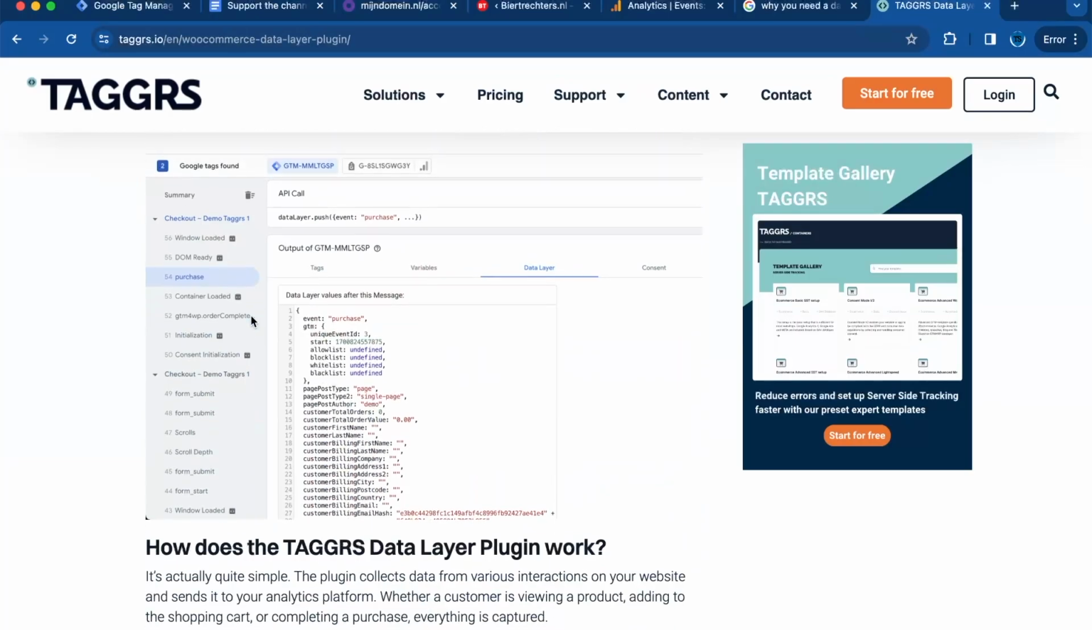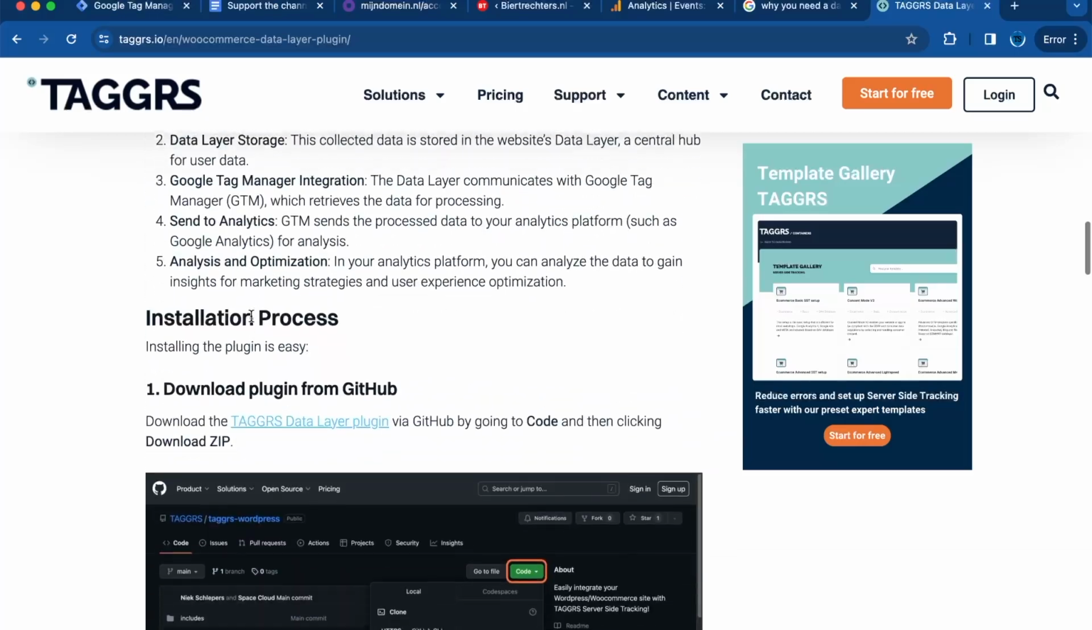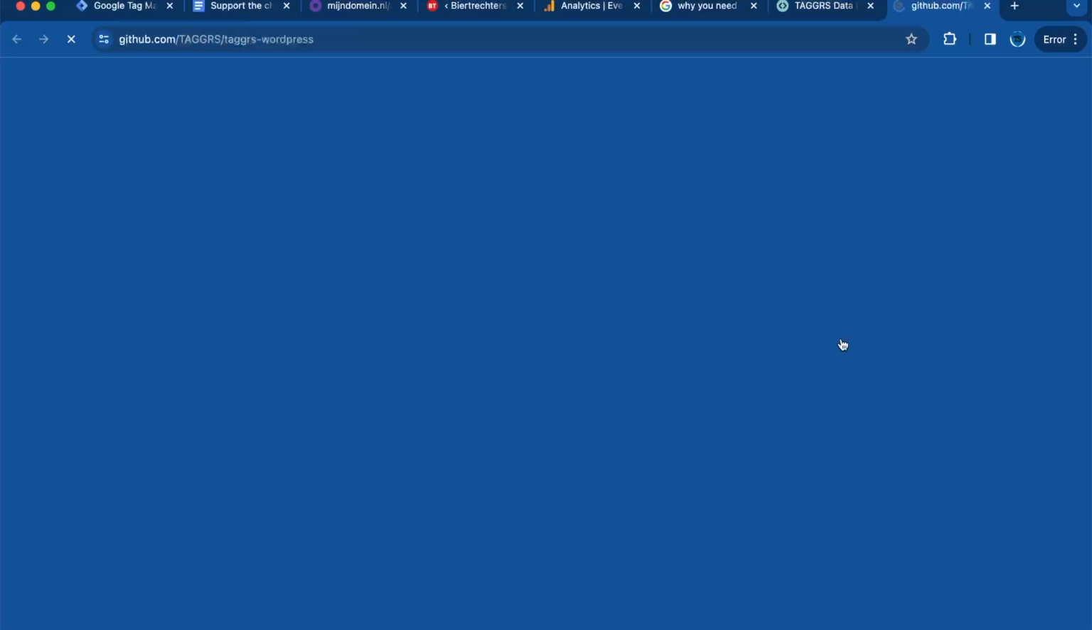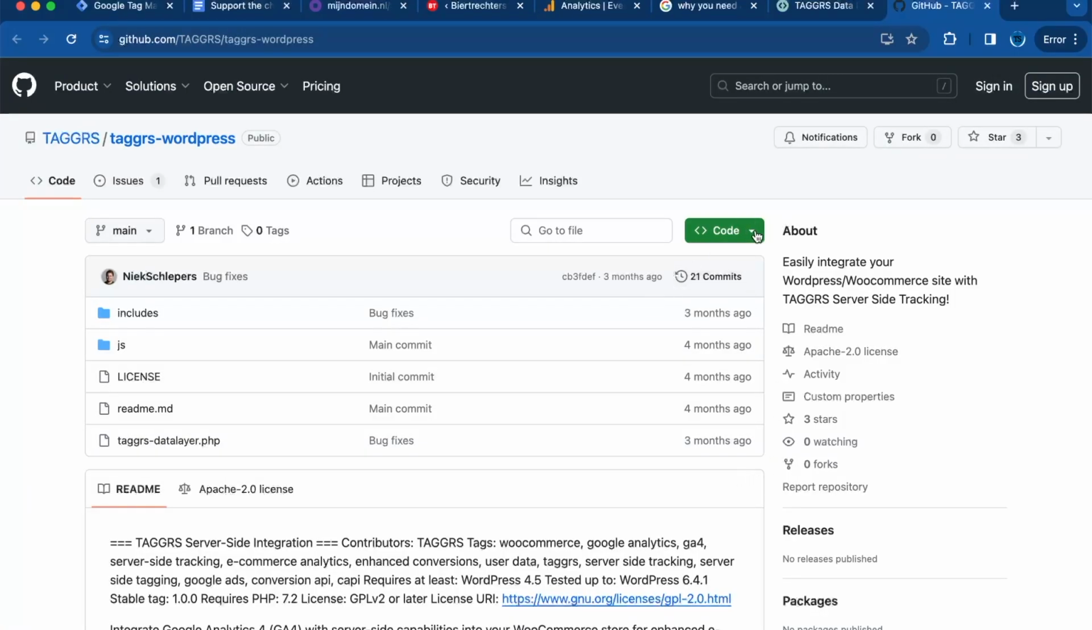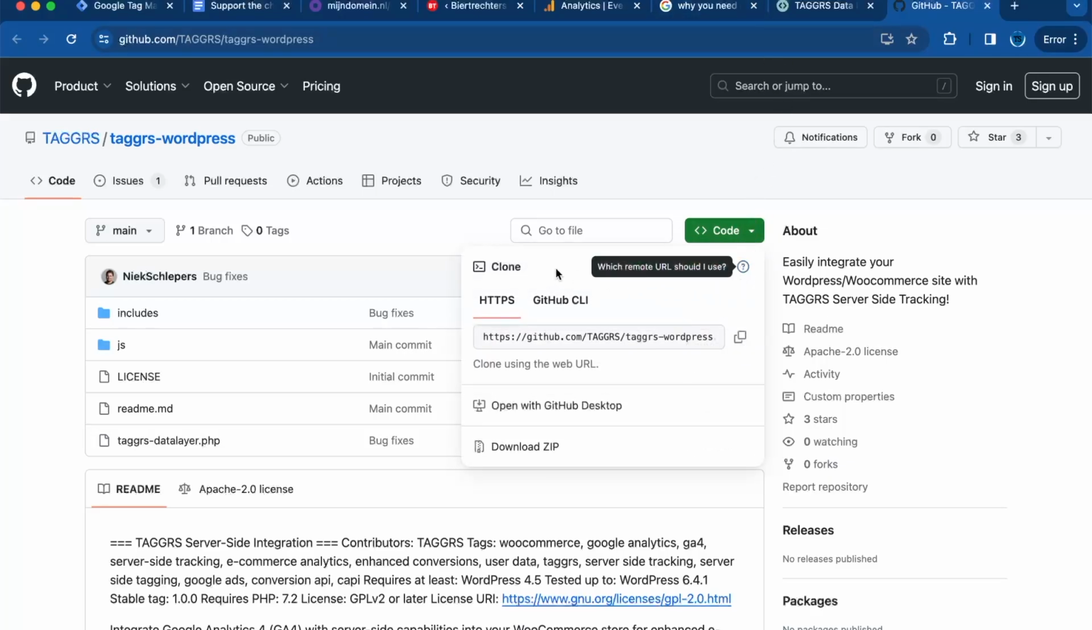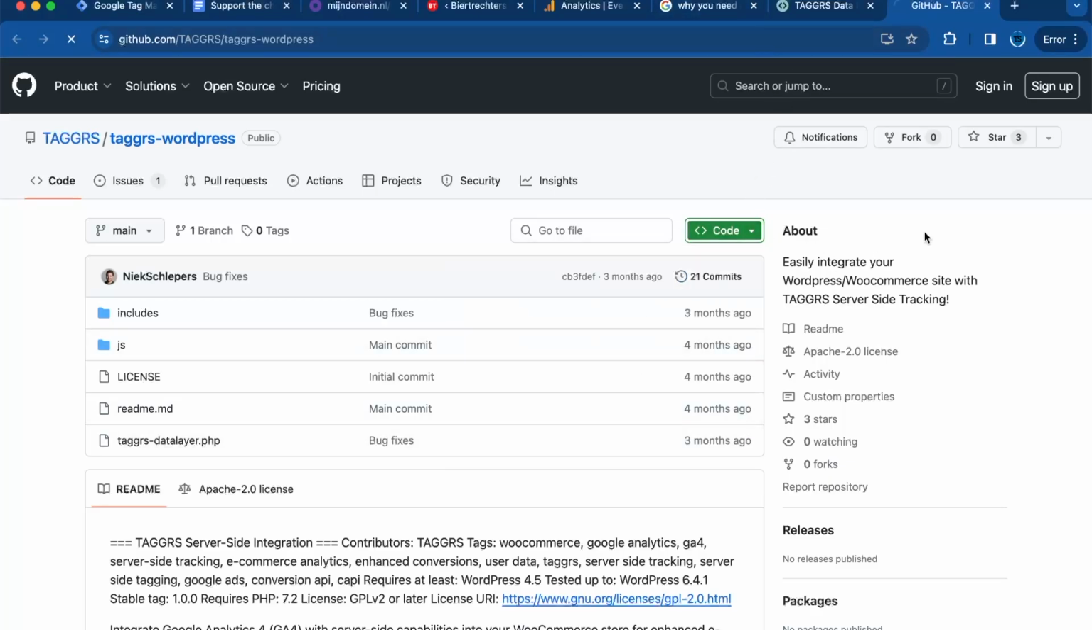They have plugins for a lot of CMSs, also like Lightspeed and that kind of stuff. So if you have another, you can just search for it and they maybe have it. The data layer plugin, you can download it from GitHub. Just go to the link, download this code, download the zip, and you need to import this zip into your